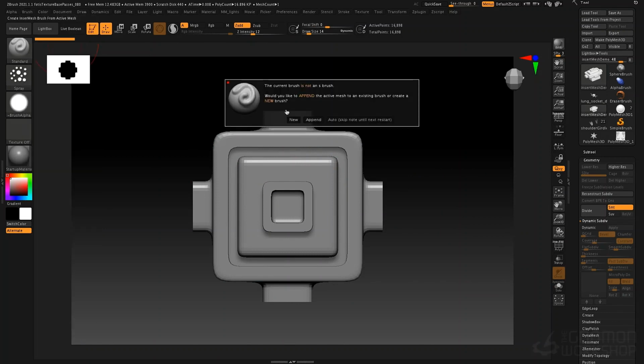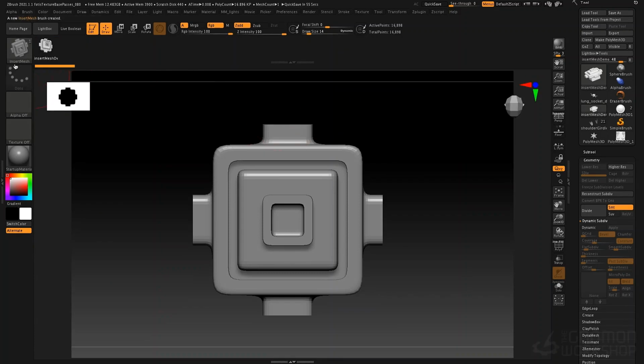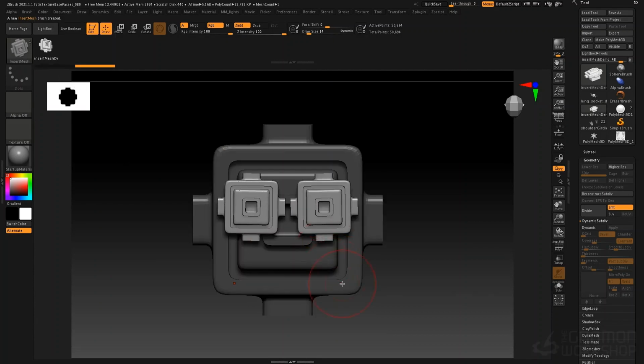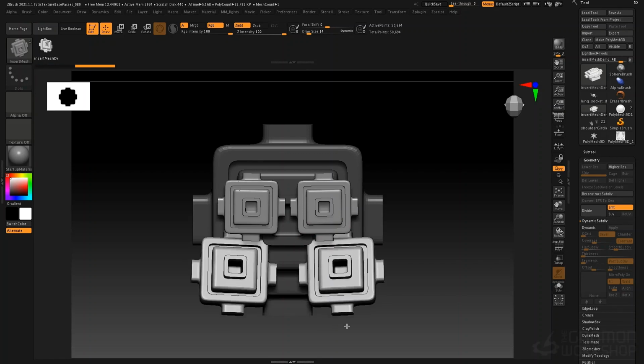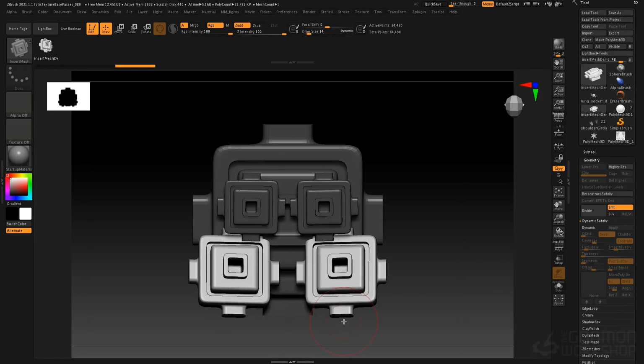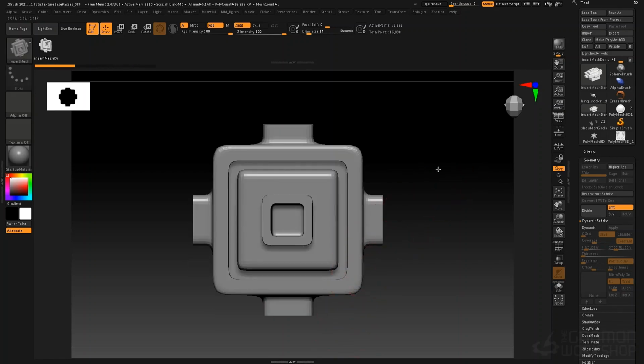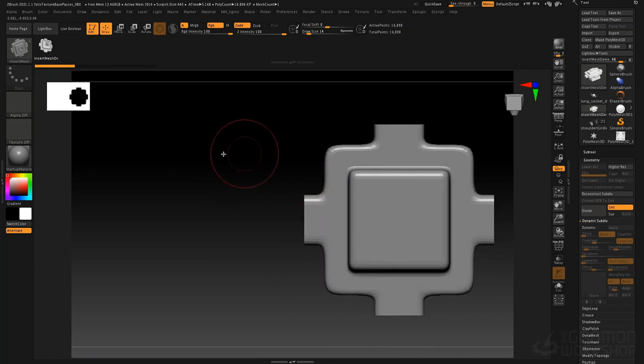Now it's going to ask me if I want to append it to the current brush or make new. I'll click New. And now this has created a new insert mesh brush, and the little number tells me that there is 1 mesh in there. If I click and drag, you see that it draws that mesh on the surface in the same orientation at which it was stored. So if I change my orientation, let's turn it around to the back view,